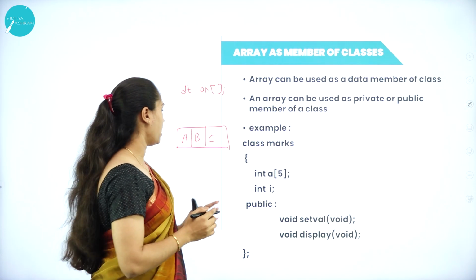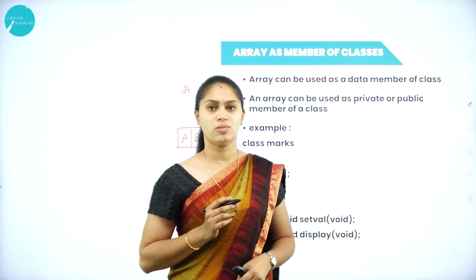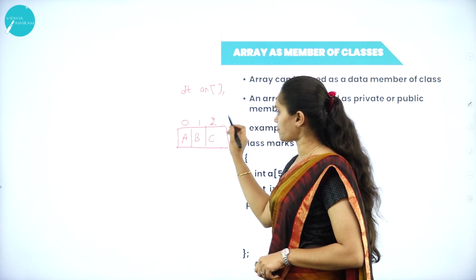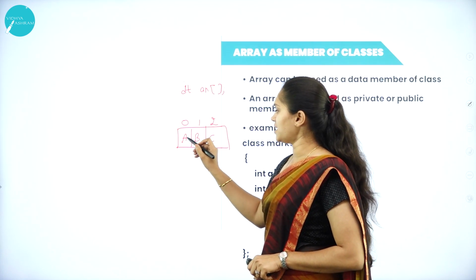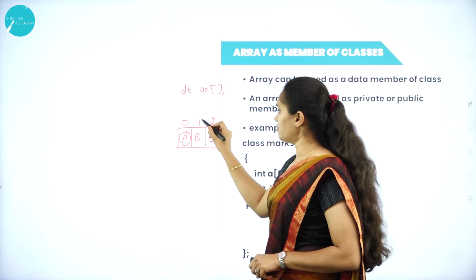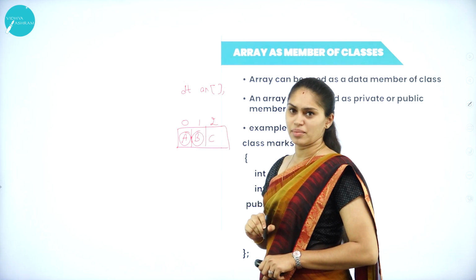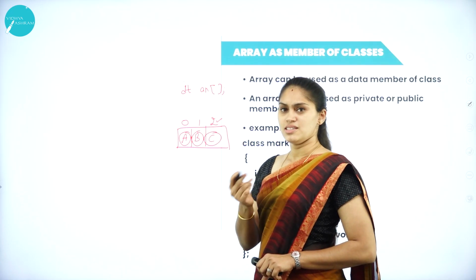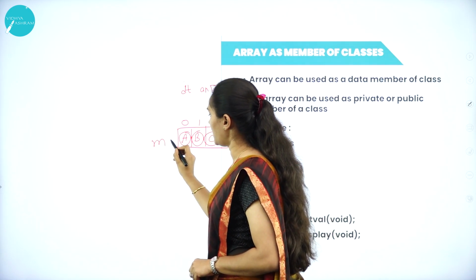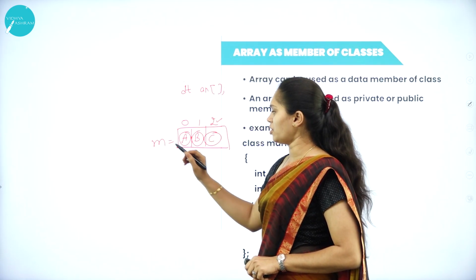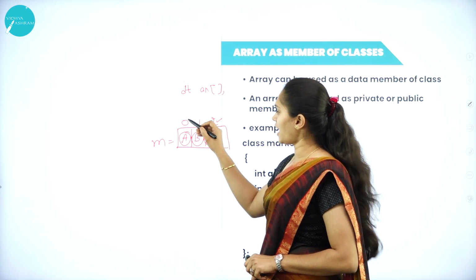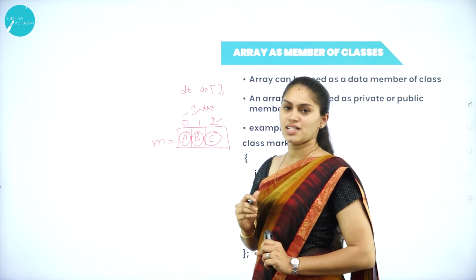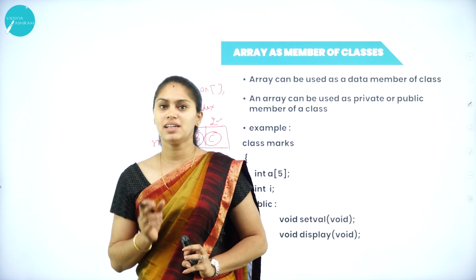Okay, so in the same way, this array index starts from 0. That you have to remember. Array index starts from 0, and then 1, 2. The 0th index is the first element. The first index is the second element. The second index is the third element, because array index starts from 0. I am going to give a name for an array called M. So this is the name of an array and these are all the elements of an array, and this specifies the index, the position of an element in an array.